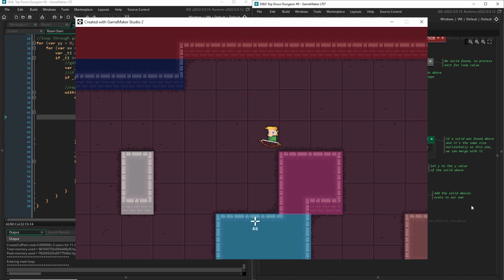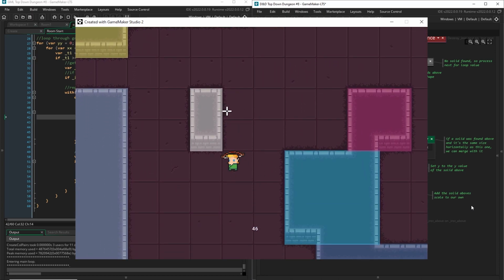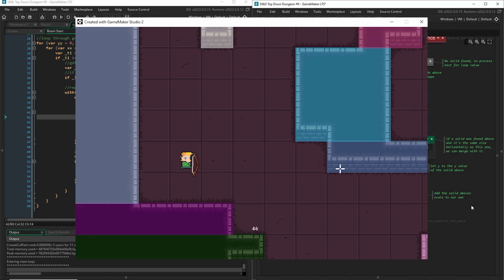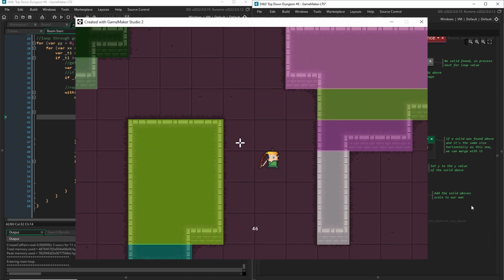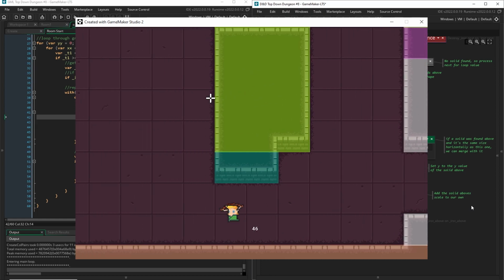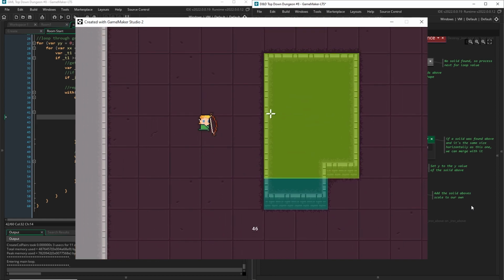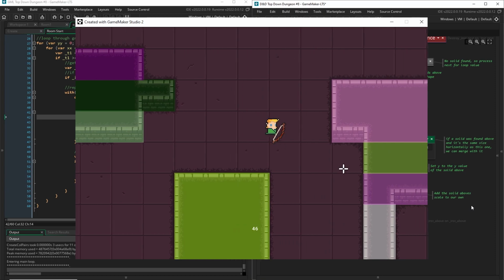So now we're down to 46 instances. Much better. These have been merged. All the ones that match above all merge, and it's pretty decent. So that's a really nice way because it's all automatically done for you now. You don't have to do anything, and it only runs once at the room start to set up all your